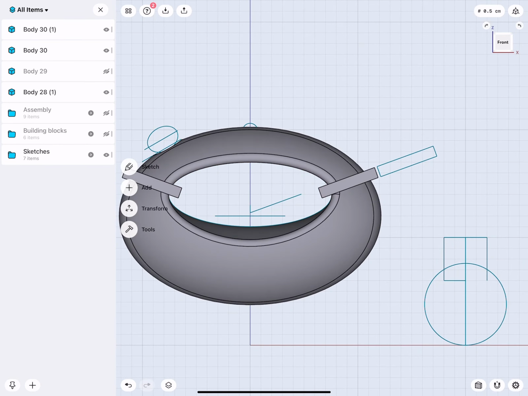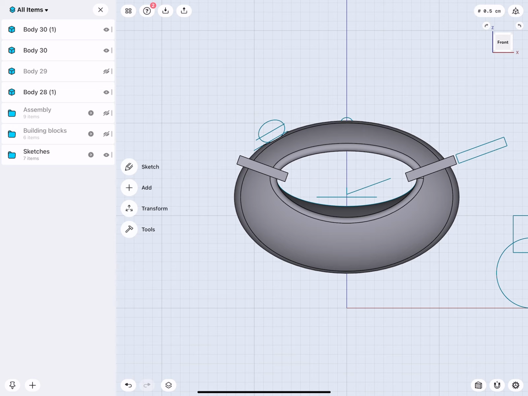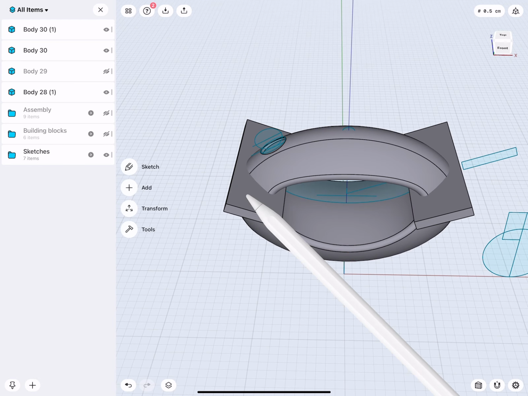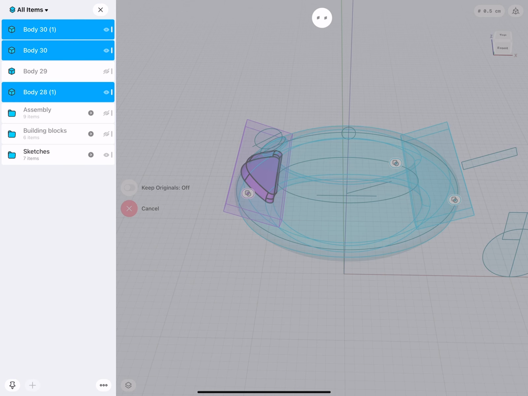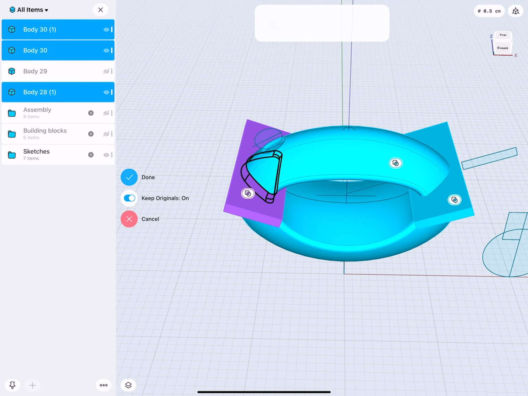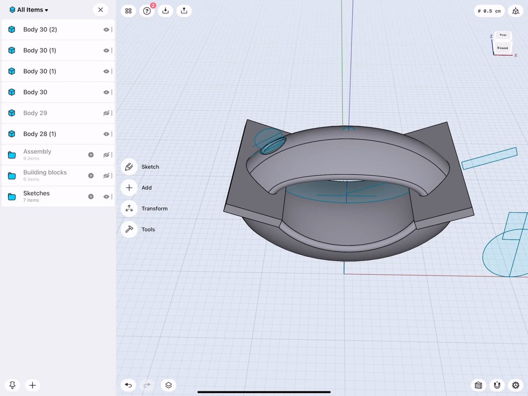Okay, good. Now what we will do is actually we will cut an opening left and right. And then also, obviously, we would like to have the pieces which we cut out too. So let's see what options we have. Number 1, number 2, number 3, and intersect. Keep originals on. And cut. Yeah, very nice. Done. Good.